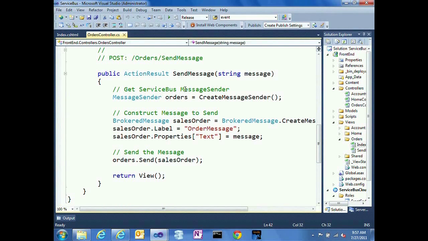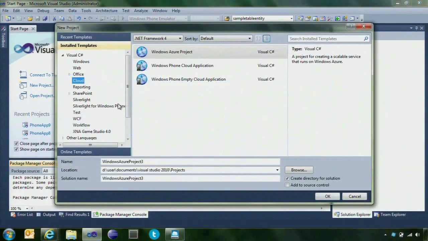This creates what's called a message sender object, which is how you program the service bus with the current CTP. Then you create a message. I can set a label on it, I can set some properties, a sort of property bag of stuff. And then I just say send. And so I'm going to create a brand new